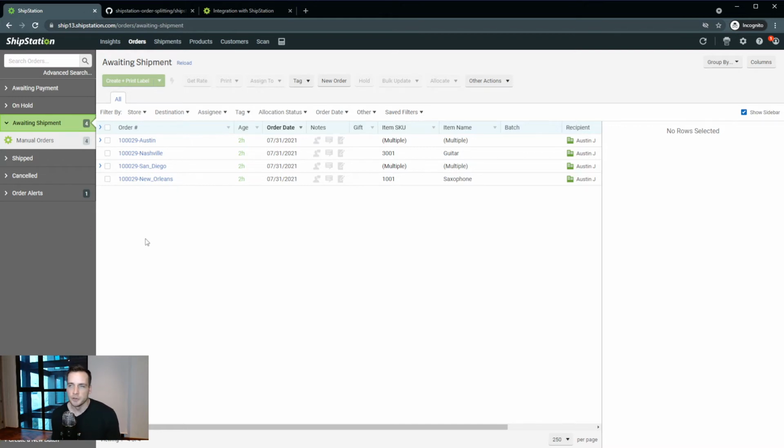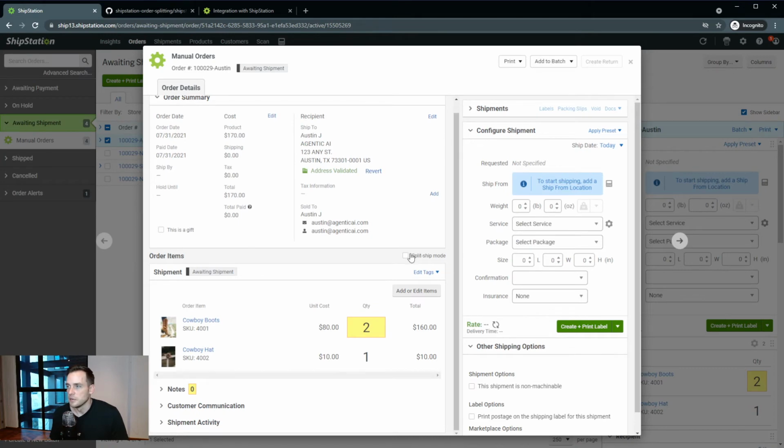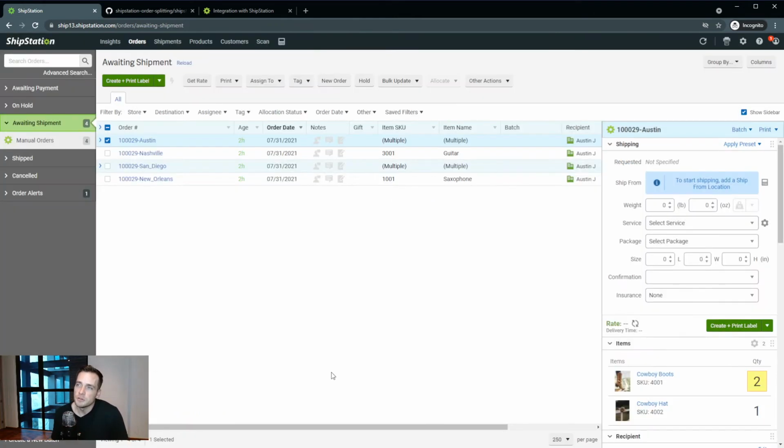And generally, I'm doing a lot more customization, a lot more automation, some really heavy lifting on the automated order management. So I'm using those custom fields extensively. So I like to just create completely separated orders like you see here. These aren't set up with the split ship mode or anything like that. You could do it if you want, but generally I think